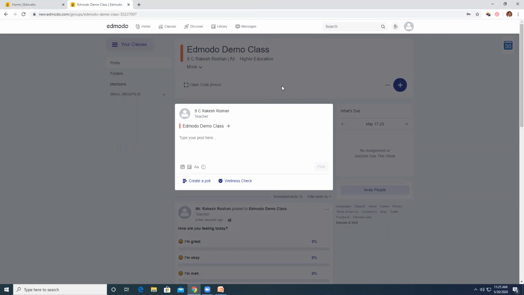The only thing is, and unlimited storage, this is very important. You have heard it right. Unlimited storage. The only drawback is each file that you attach should not be more than 100 MB. So this is the only drawback. So anything less than 100 MB, you can just attach it and then start posting it, and any number of files you can attach. So there is unlimited storage.